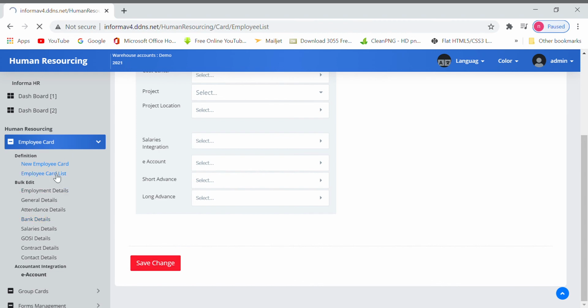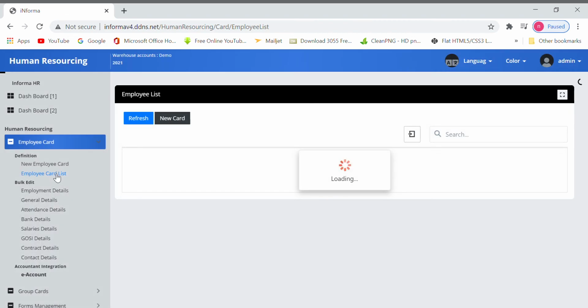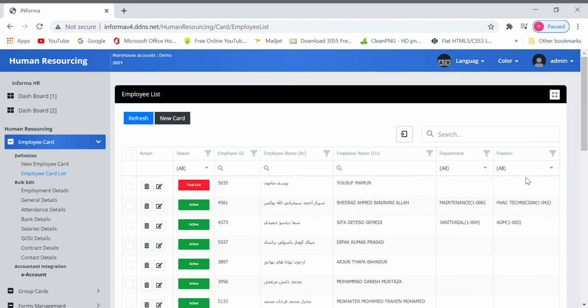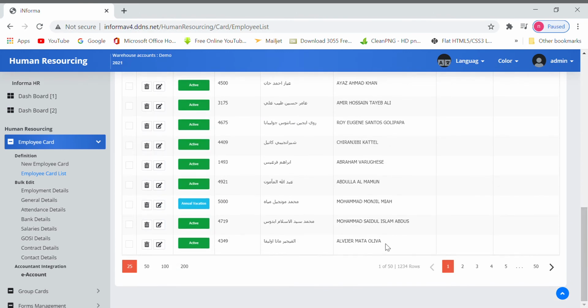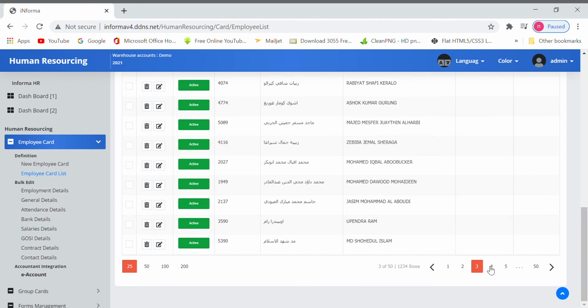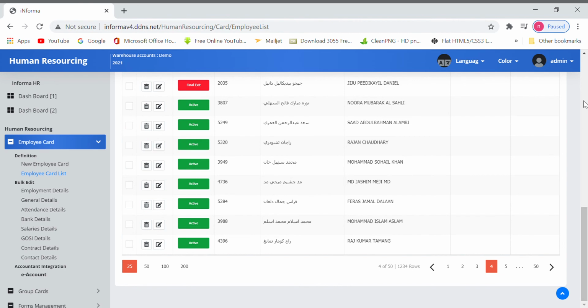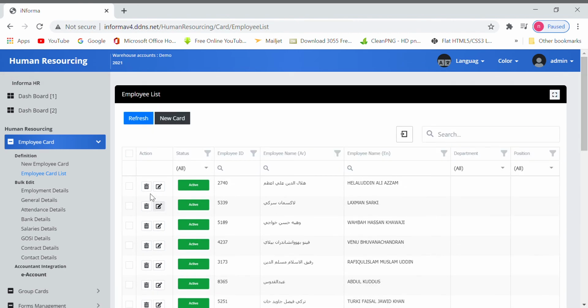Now if you want to see and update the employee detail, you can see all the employees here. If you want to go to the next employee, you can click next. If you want to delete any employee, you can select the delete icon and delete.